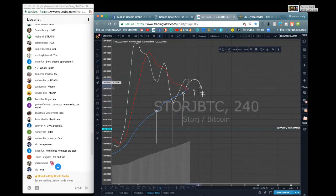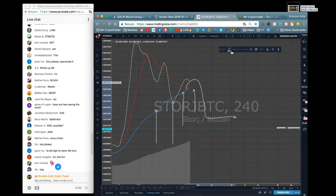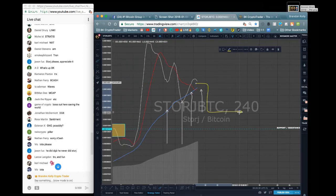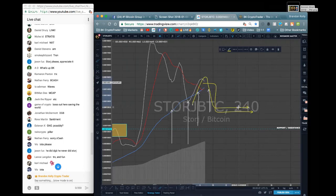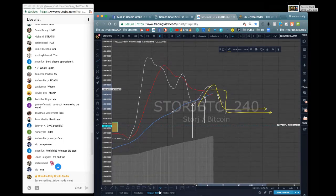I just think a lot of these charts may take a break over the next week or so when Bitcoin rebounds. I do not think Bitcoin is in a downtrend. I thought it was going to break out earlier, but it looks like it's taking a little break, giving these altcoins a chance to just get a little bit of money so it could really just come right back, right? So I don't think this is going to be a huge breakout,